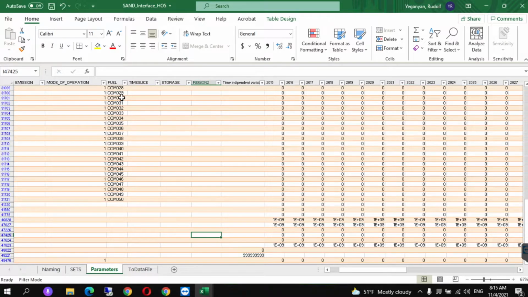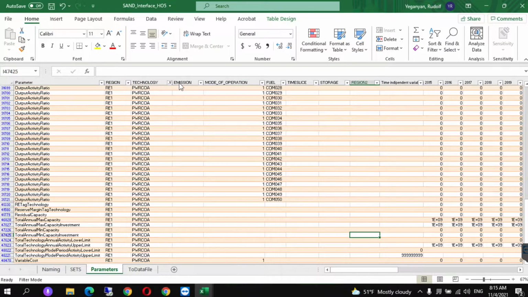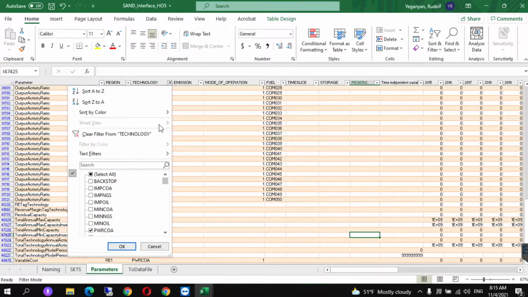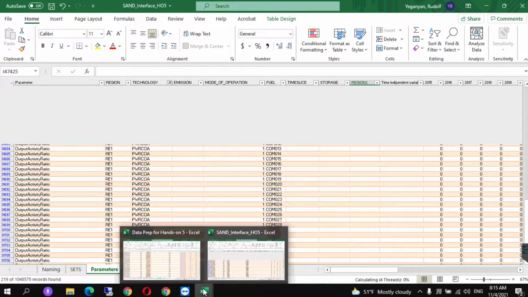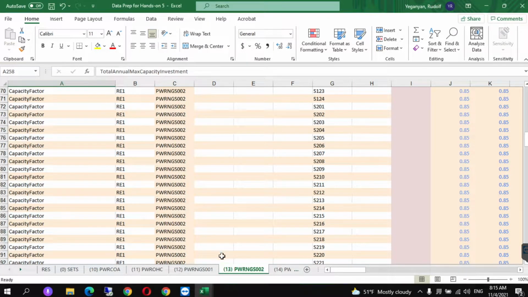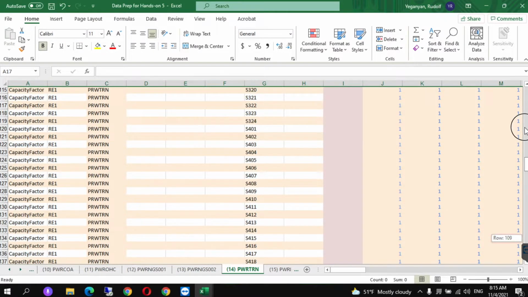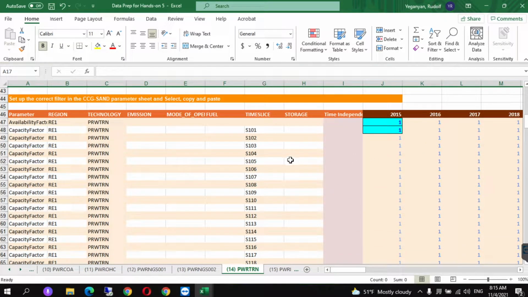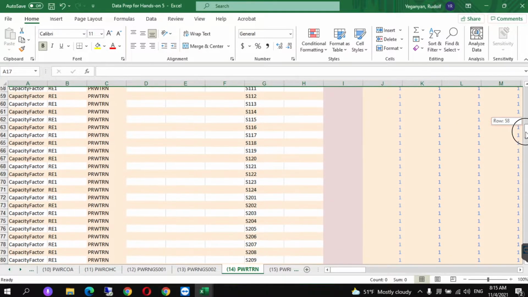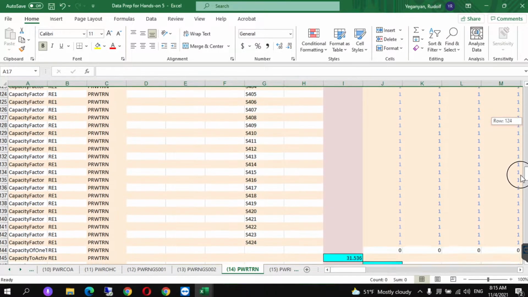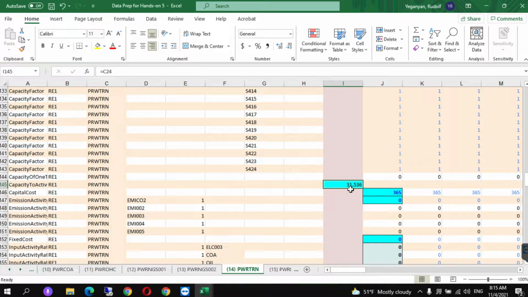Next, we go into the parameter sheet, scroll to the left, in technologies, we deselect power coal, or whatever you were defining before, and we select power transmission. Then we go to the data prep file, click on the right arrow over here until we find power transmission, and we'll copy and paste the values just as before. So let's start from the top. Capacity factor is 1, which is already like that in the SAND interface. So we scroll down. Capacity to activity unit is 31.536. So we copy this,